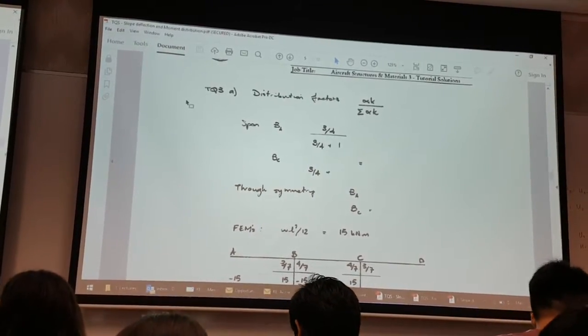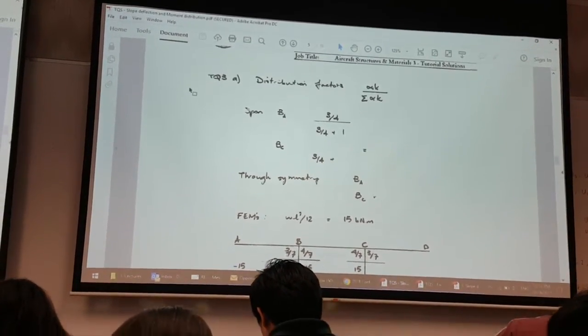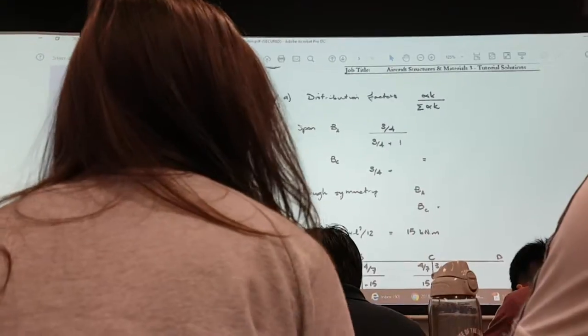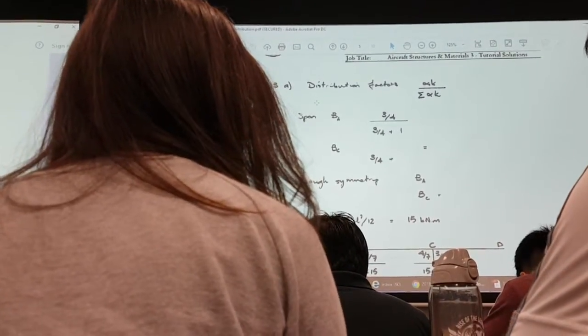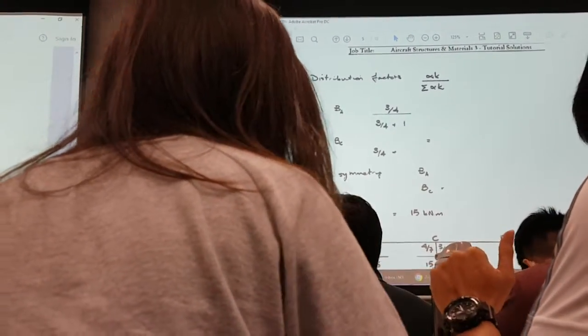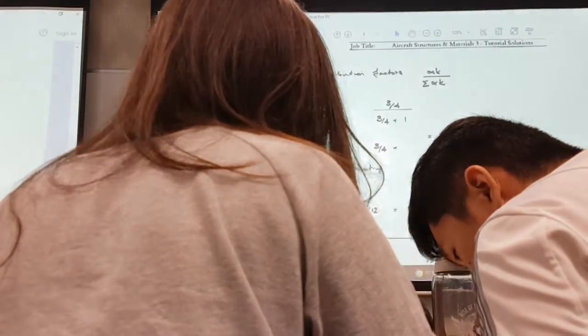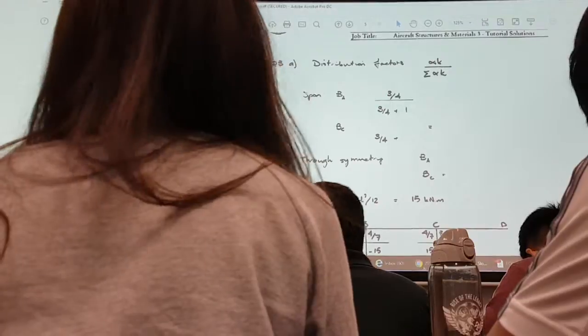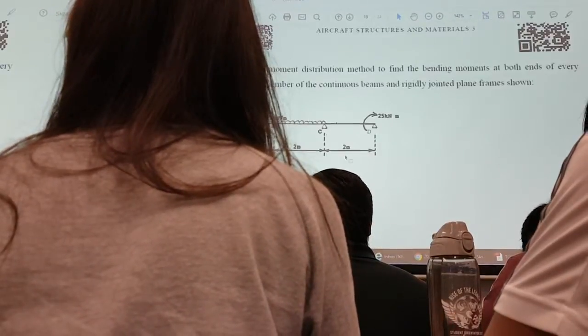Sir, in the exam, because they draw the joints, they all look the same. So how would you know? What do you mean by the exam? The joints are the same? They won't be the same, you have to be very clear. For the drawing, they look identical. You mean this one, is it?